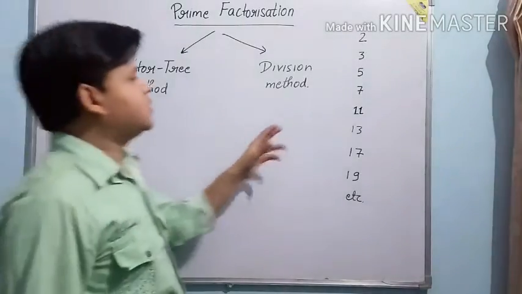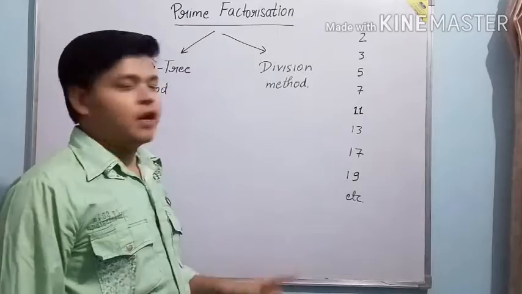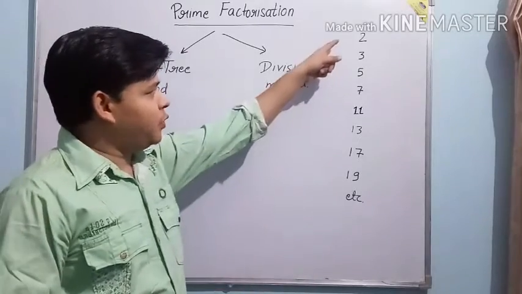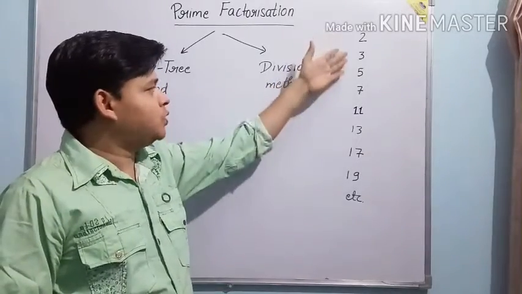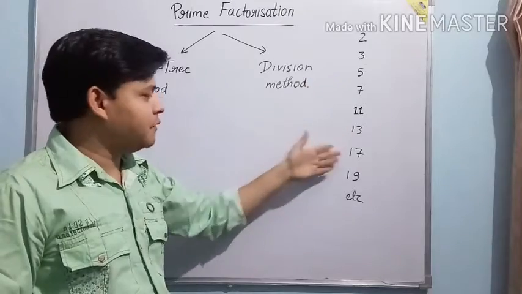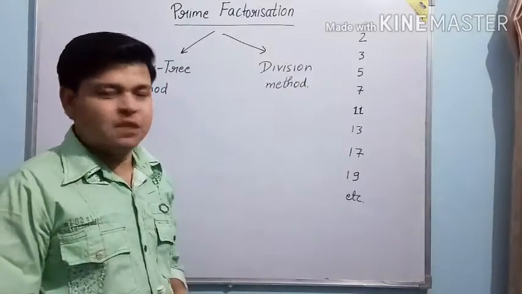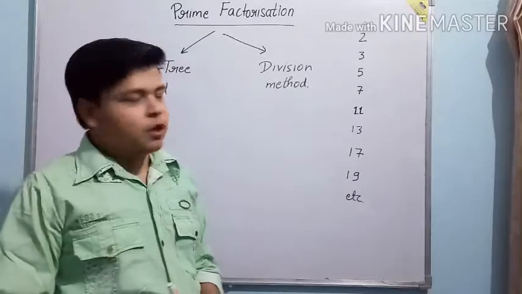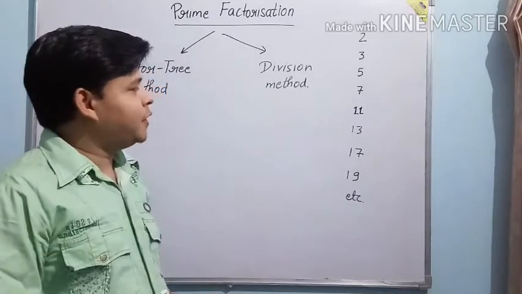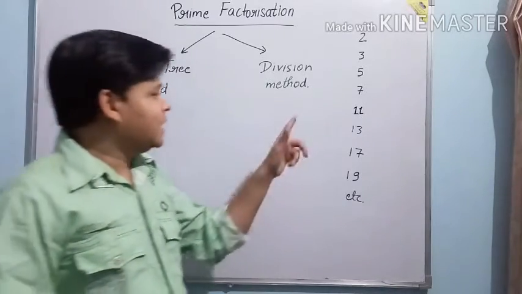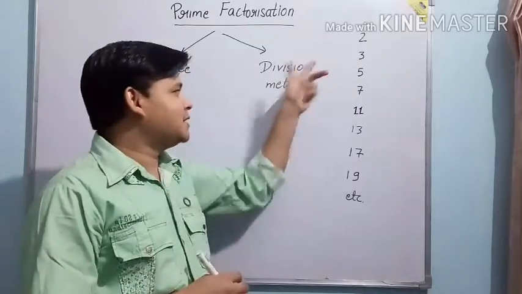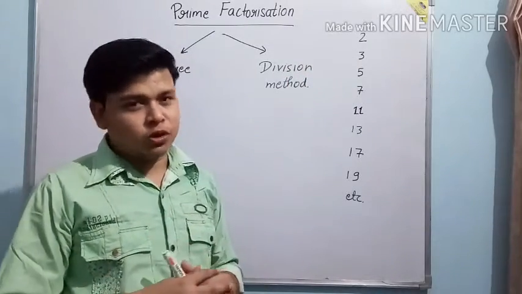Here, sir, I have written some prime numbers for your convenience. So between 1 to 20, like 2, 3, 5, 7, 11, 13, 17, 19. These are the prime numbers between 1 and 20. But if I say, what about those which are skipped? नहीं, जो नंबर मैंने यहाँ से skip कर दिए हैं उन numbers को भी तो कुछ बोलते ही होंगे.